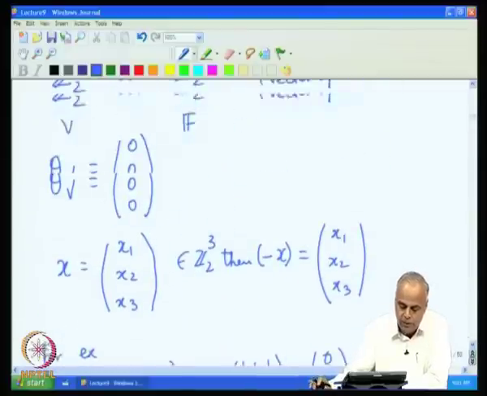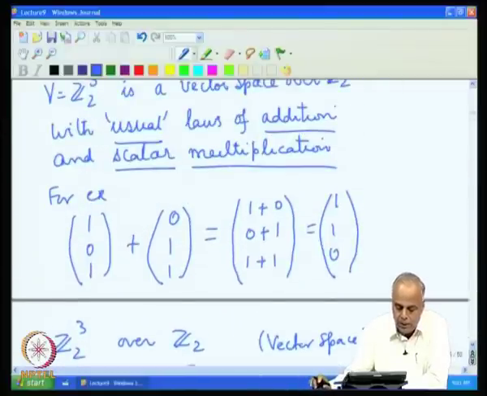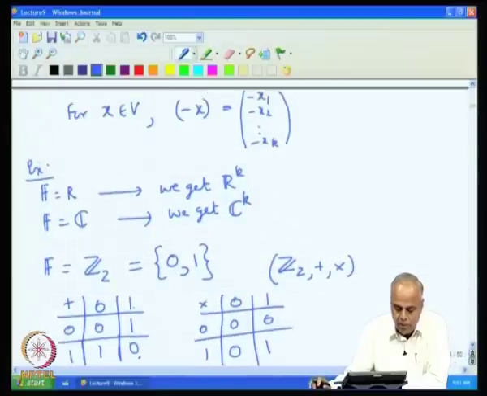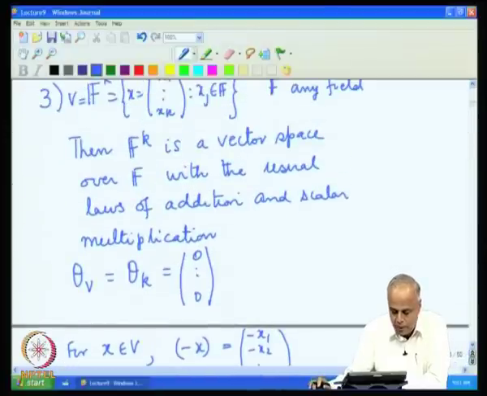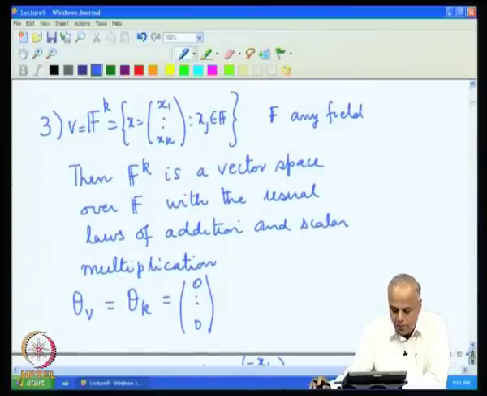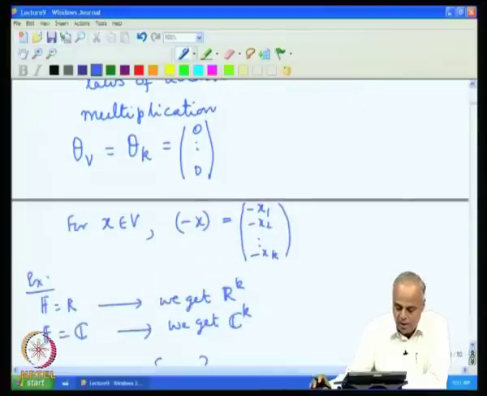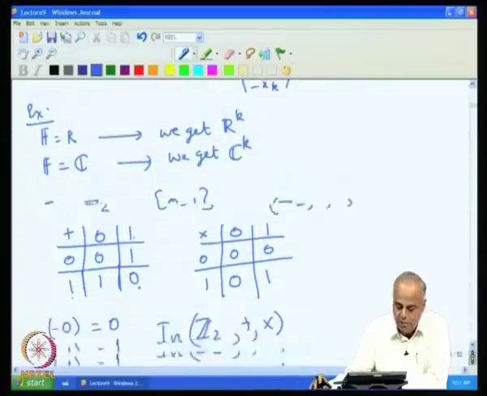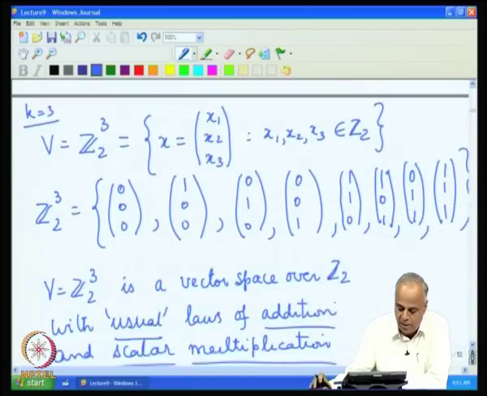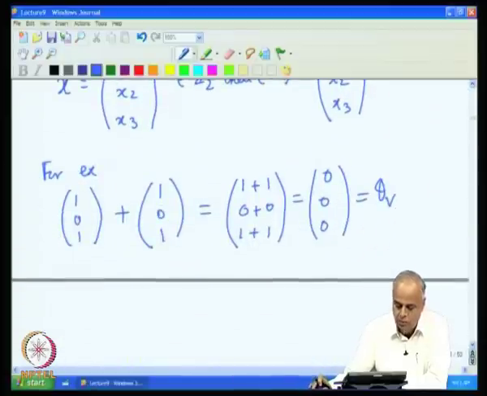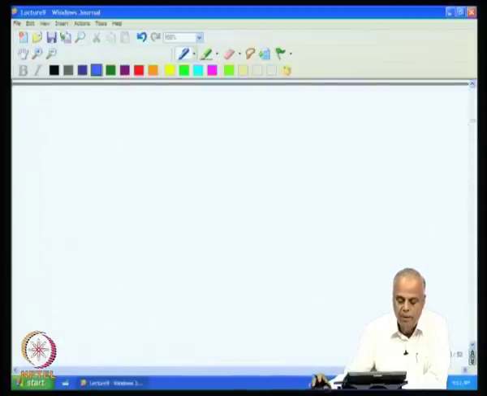Now, this takes care of the basic extension of the idea of R^k. From R^k we got the general notion of a vector space, from R^k we went to C^k, from C^k we went to F^k, and these were the examples of the various F^k's. Now, we will go to the notion of matrices.